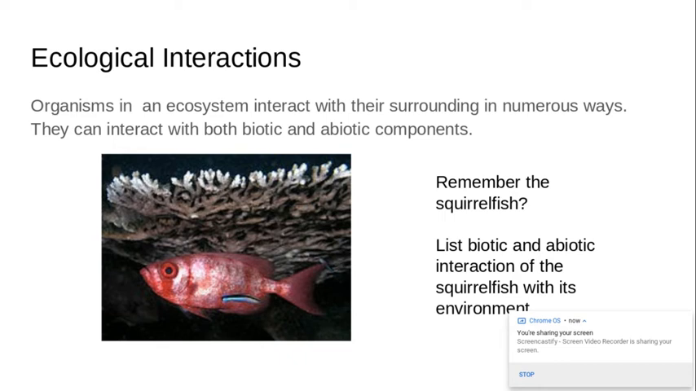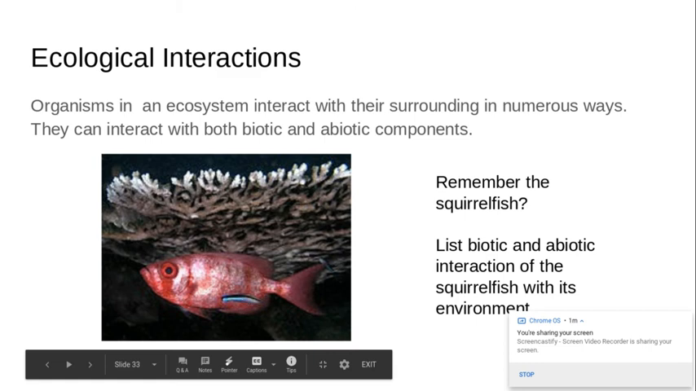So remember the squirrelfish that we talked about before. Please look at this picture and think about what are some biotic and what are some abiotic interactions of the squirrelfish with its environment. So meaning, what are some things that the squirrelfish interacts with that are alive, biotic? And what are some things that the squirrelfish interacts with that are not alive? So first, let's talk about biotic, alive. So the squirrelfish interacts with the